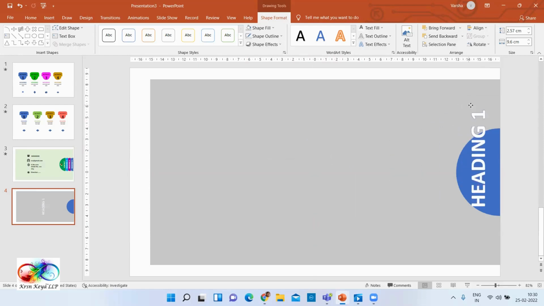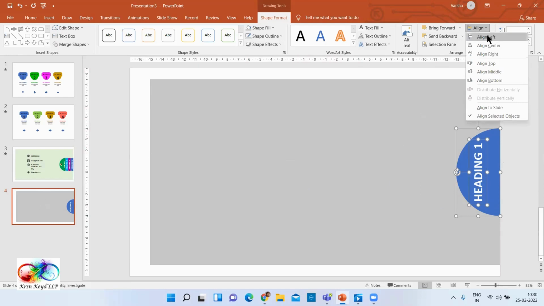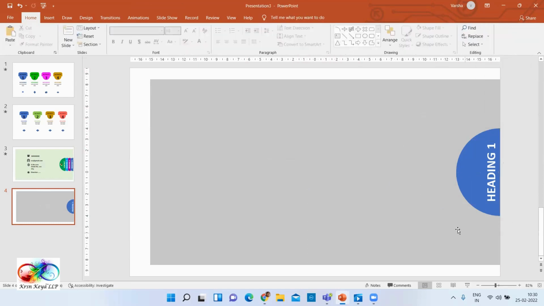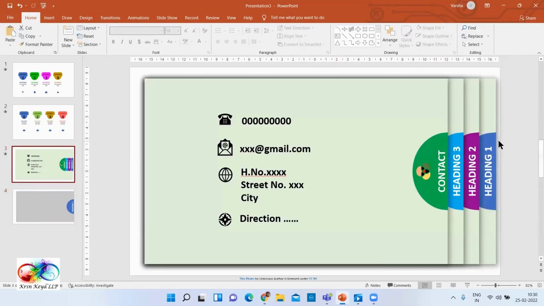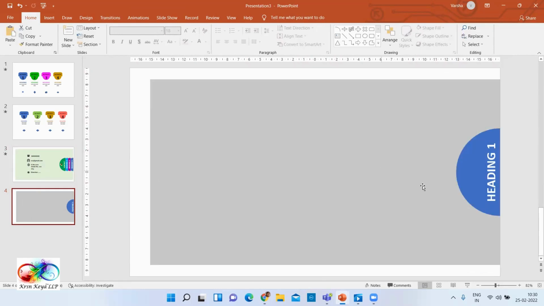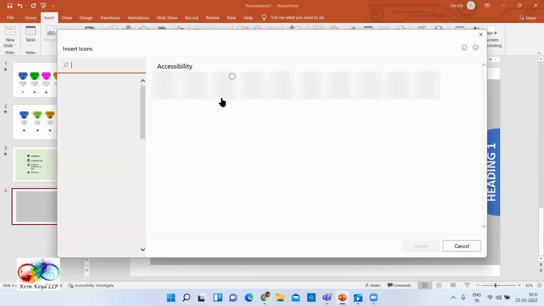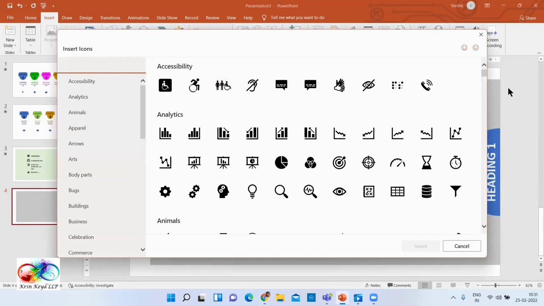The size of the font is too big, so we will go and reduce by using the keyboard and making it the size that we think is good. And then we are going to select the semicircle. We are going to go to align it to the center, align it to the middle, and then we are going to say align it to the right. So it is placed here. Now we need to also have a symbol. Now here we will use an icon for a symbol. So let us go and pick up an icon. So insert shape and pick up an icon, or you can Google and look for any icon of your choice and use it. So let me use an icon of